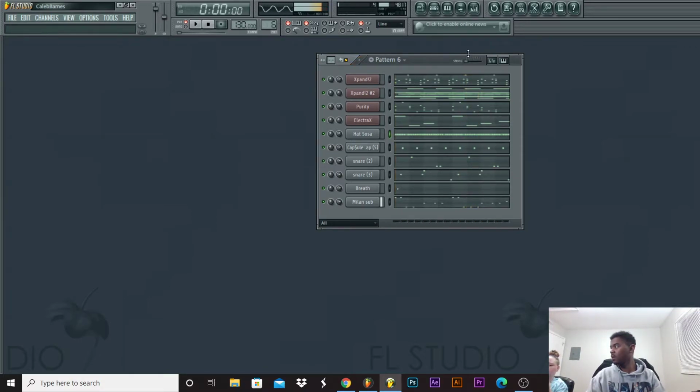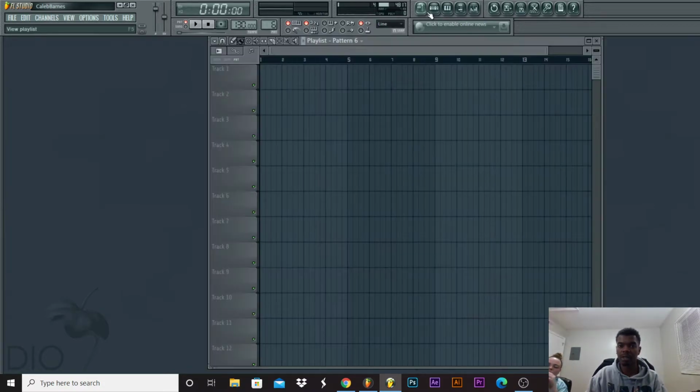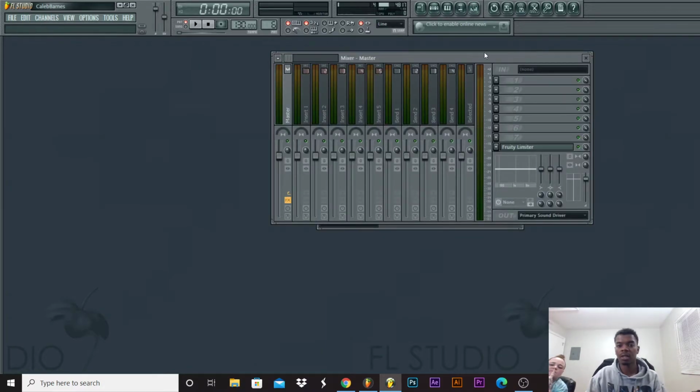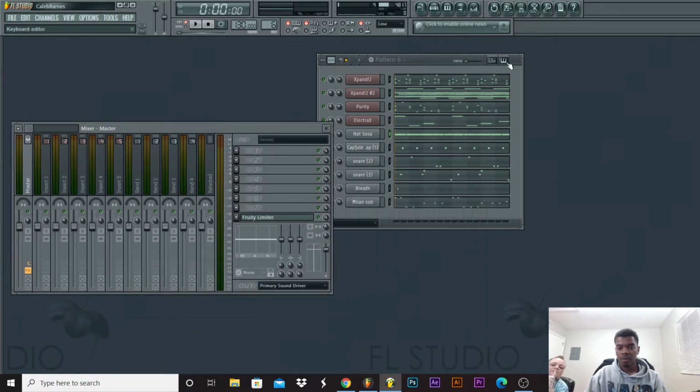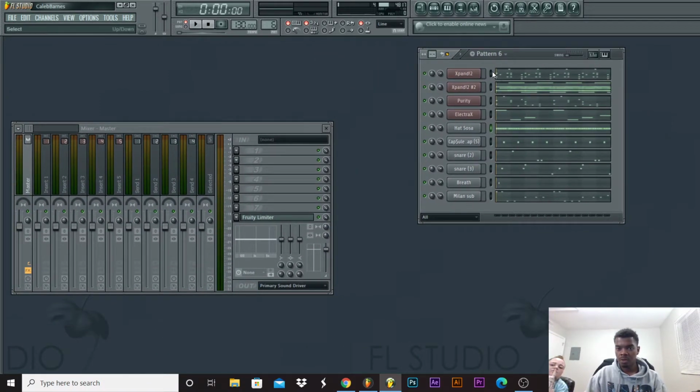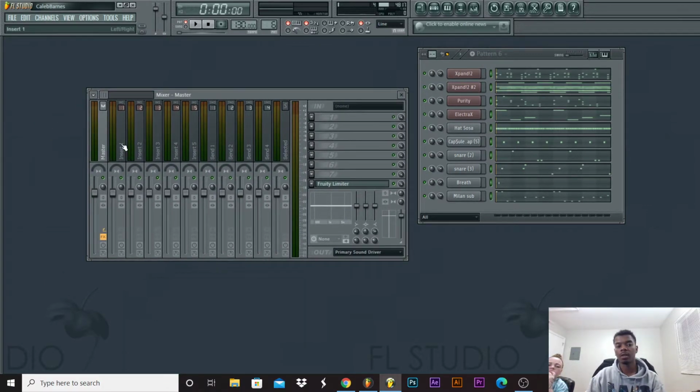Have you ever done anything with the mixing or anything like that? Nope. That part's pretty easy. So in FL11, what you want to do is highlight all of these. You just click and drag, or you can click on one and then click it again, and it highlights all of them. Okay. And then when they're all highlighted, you want to go to